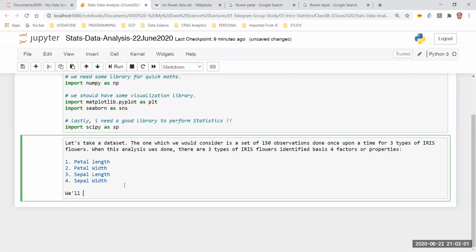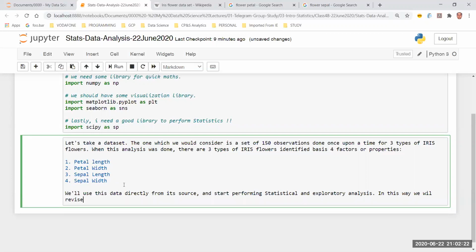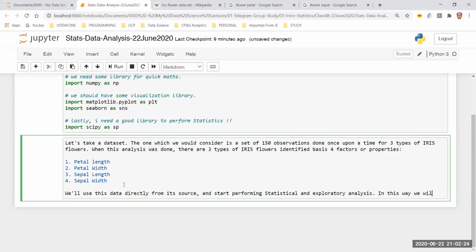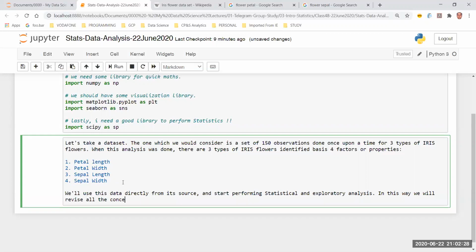So we will use this data directly from its source and start performing statistical and exploratory analysis. In this way, we will revise all the concepts that we have learned.